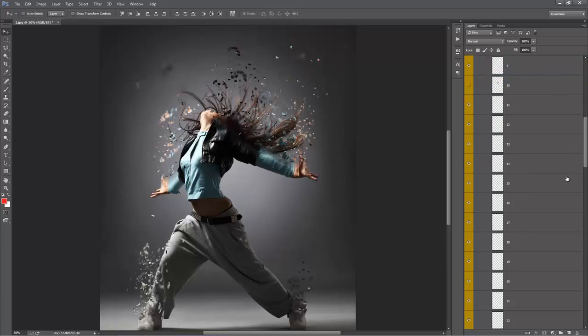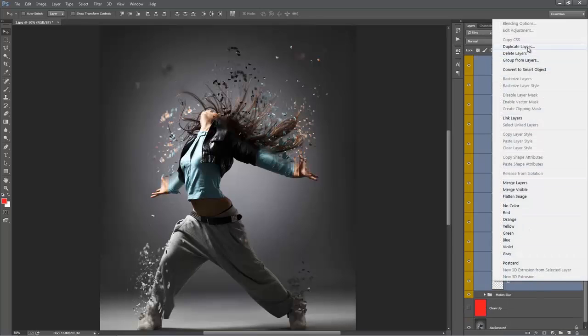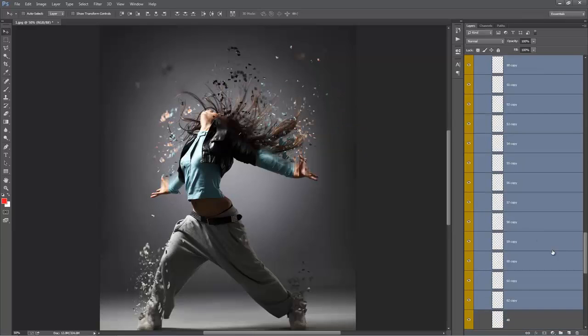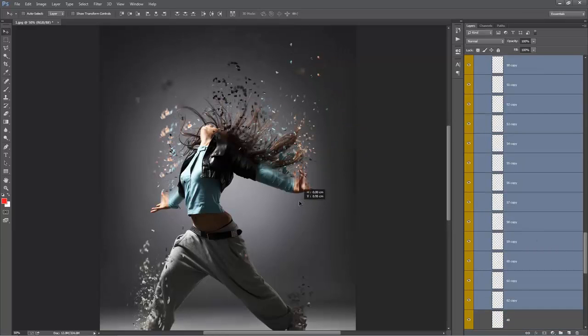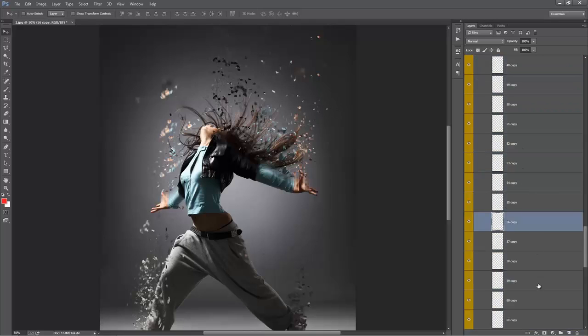If you want, you can add more parts. You can select the whole group. Let's go. I can select from 48 down to 62 and go duplicate layers, and then I've got a whole bunch more. I can just move up into the air like that, move them around individually, one group. Okay,